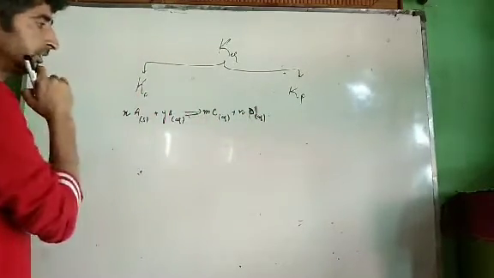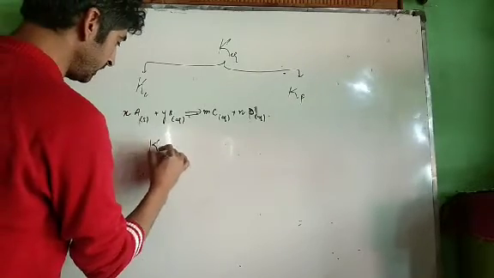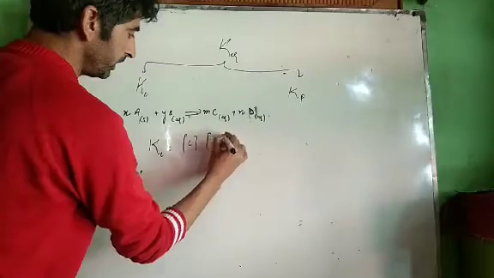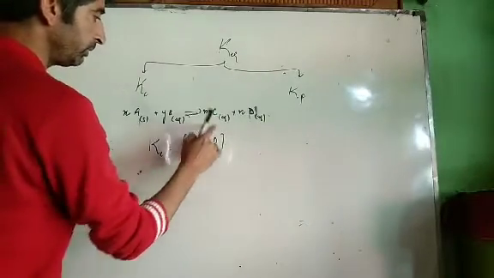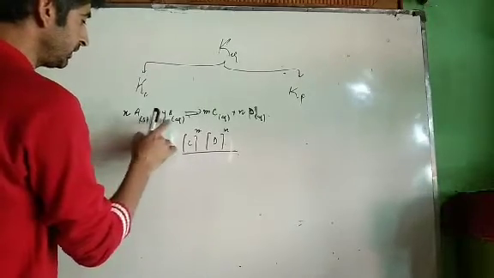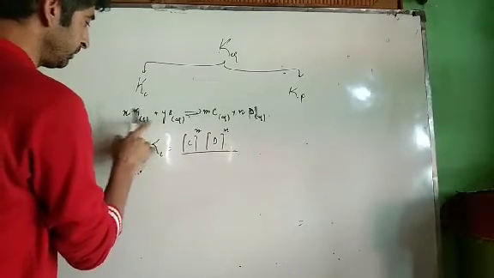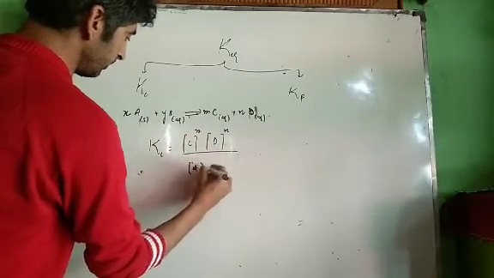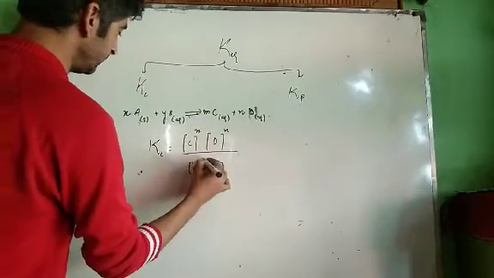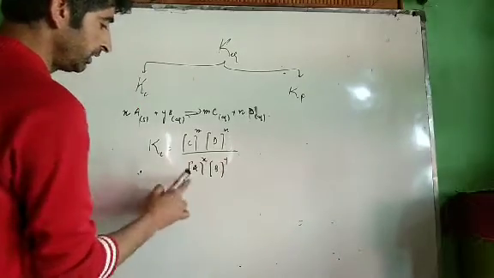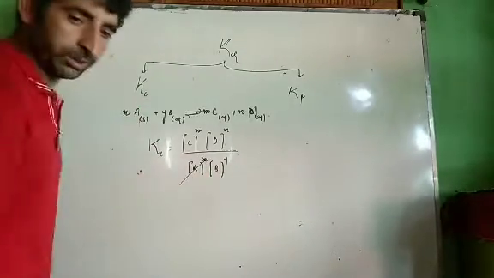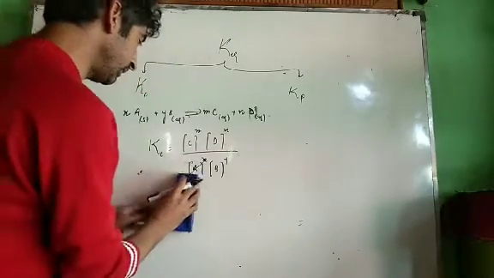We can write the equilibrium constant for this reaction. Kc will be equal to the concentrations, that is the active masses, of C and D raised to the power of their stoichiometries, M and N, divided by the product of the active masses of reactants, A into B, raised to the power of their stoichiometries, X and Y. Now see, A is a solid, therefore its active mass is taken to be unity. It is not to be mentioned over here.